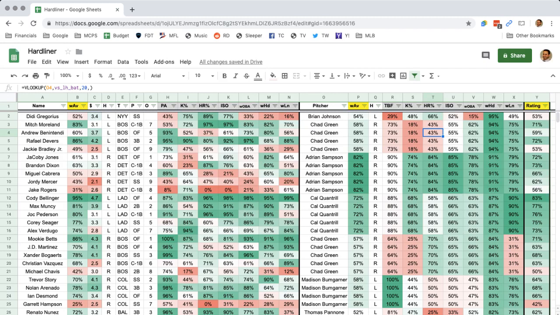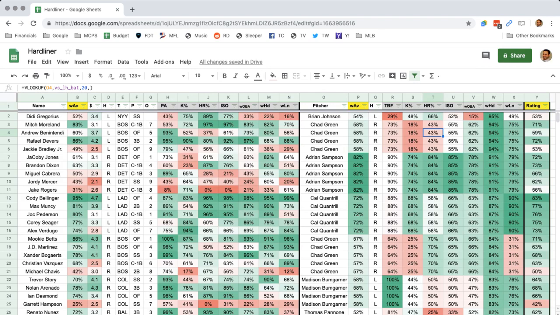And then, as you probably guessed, for the pitcher side, the pitcher gives up a lot of contact, doesn't strike guys out a lot, and gives up a lot of line drives. Okay? So basically, what we want to do is take all of those and average them together into a weighted average, like a score.